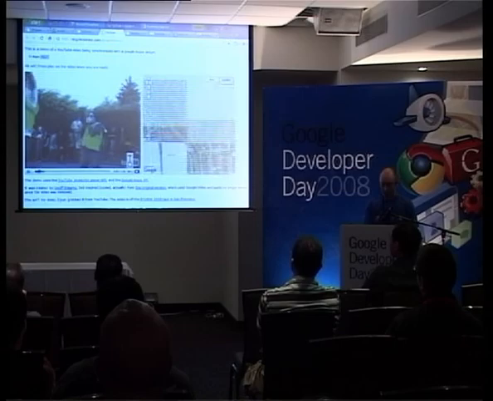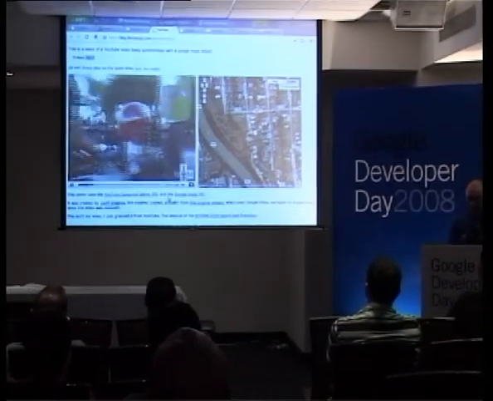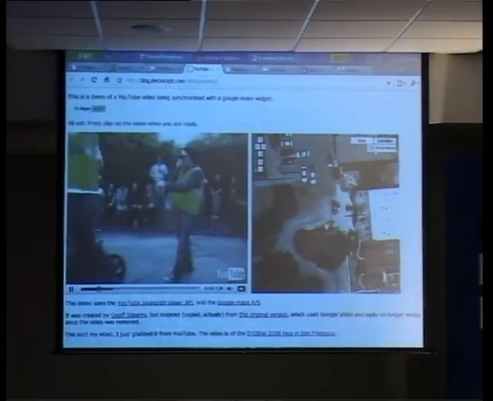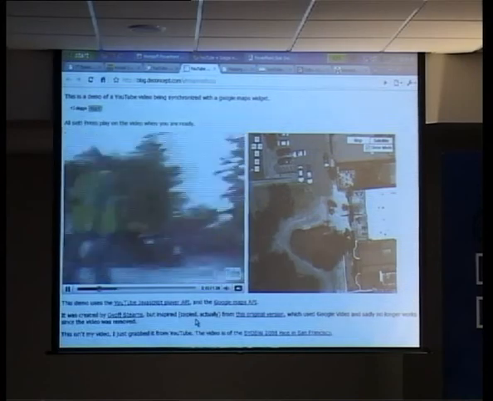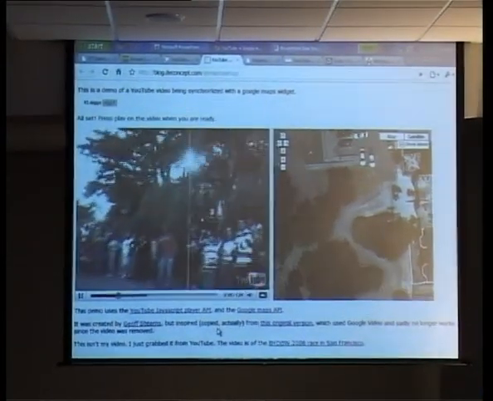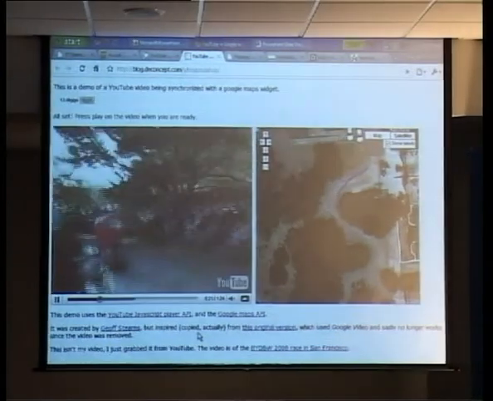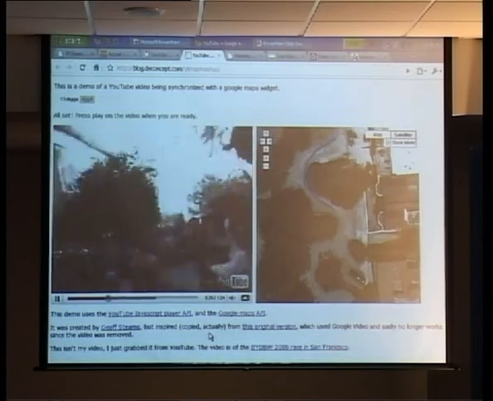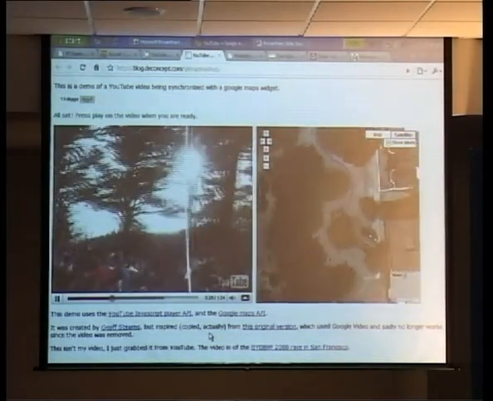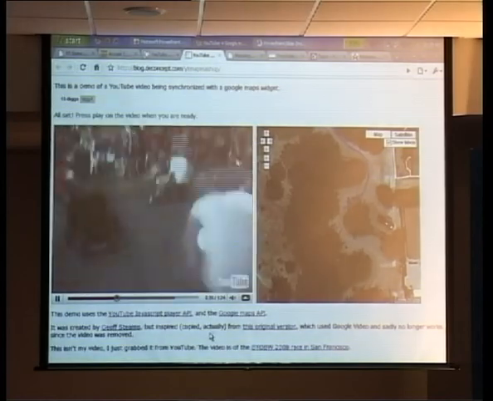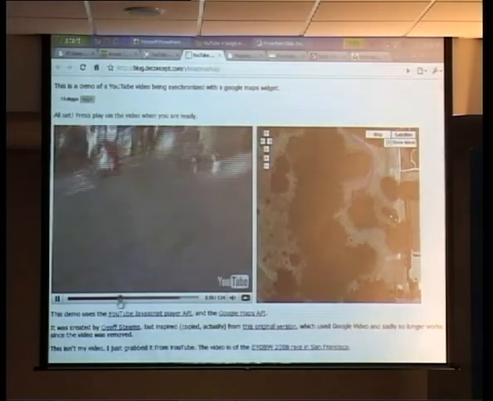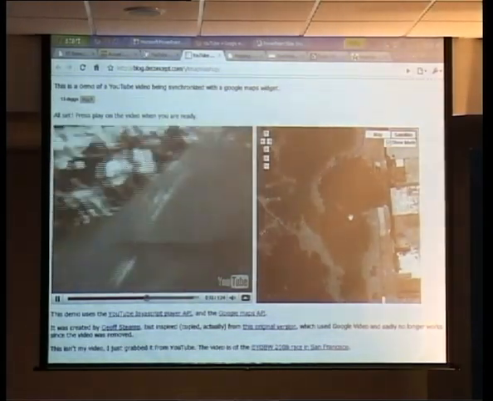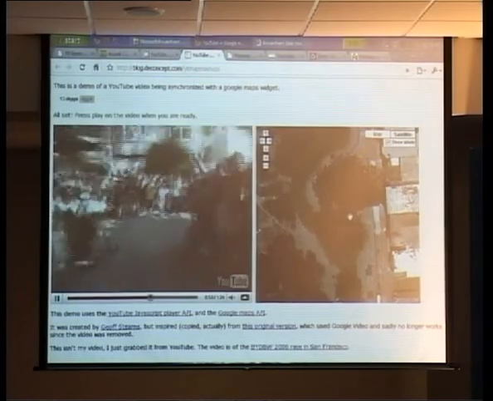So it synchronizes those guys with the strange heads on small trolleys and the map here. I guess they've got a lot of time. It's in San Francisco. It's a hill like this, and they race on this hill. Looks very popular. And you see, you can follow at the same time here. So if you move forward a bit, it's going to accelerate. So it's not just launching at the same time together. It's really synchronized, one with the other.